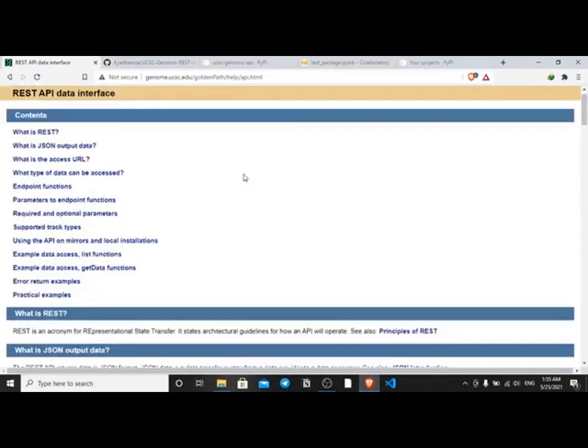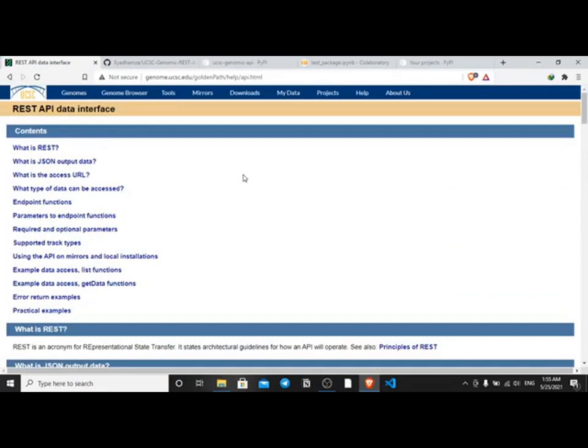First of all, the UCSC, we all know that it's a genome browser. It gives you the ability to view tracks and genomes on your own machine, maybe online or your local machine. It also offers you the ability to retrieve the data and use it in your own projects, maybe in your own genome browser. So, to fully understand this, we just have to take a look at the 2020 paper released